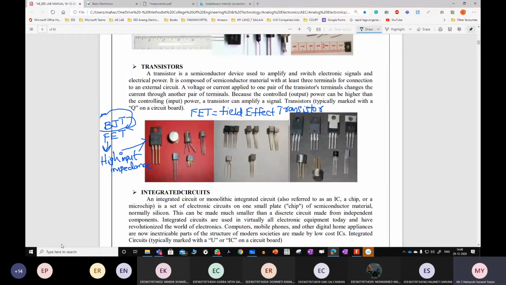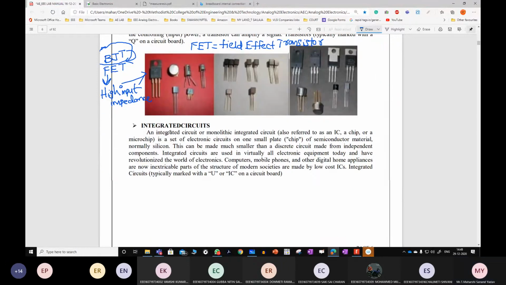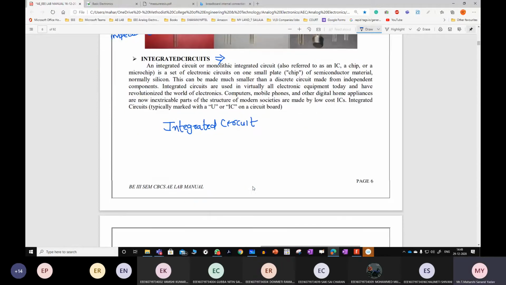And any idea on this IC? IC means integrated circuit. In your mobiles, are you using any kind of ICs on your motherboard? Suppose this is your motherboard, it contains different elements. What is an IC? Integrated circuit.